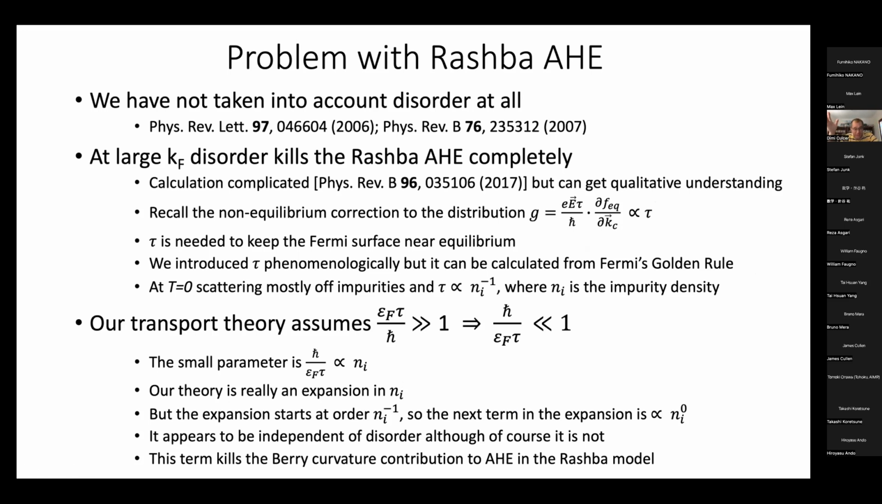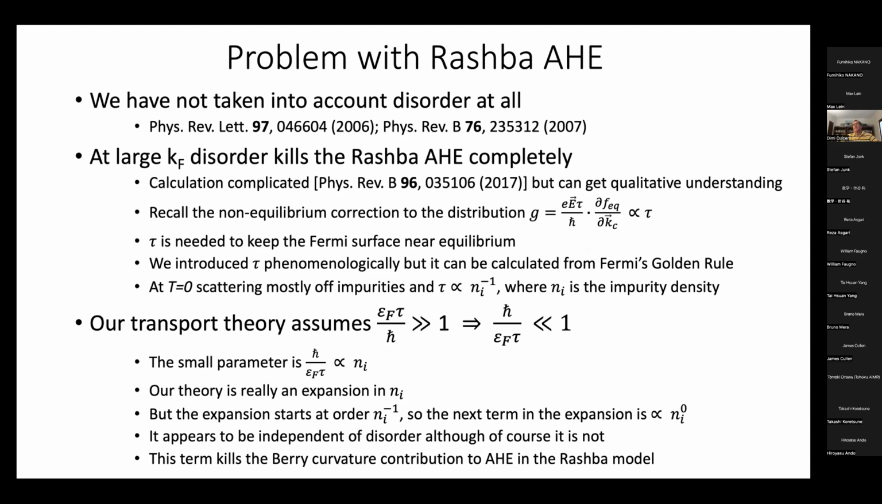Okay, the tau is going to go as 1 over the impurity distribution. So we're making an expansion in the impurity density, but the first term in the expansion is the impurity density to the -1. So now, if you're familiar with transport theory, you'll know that there's a very good physical reason